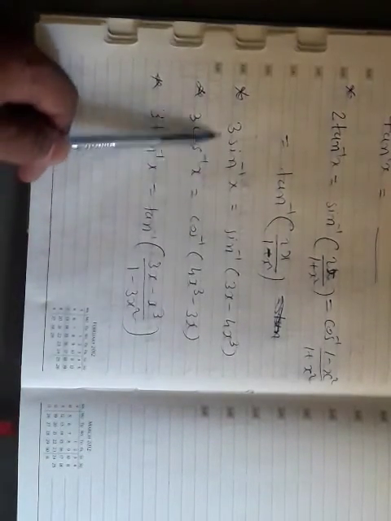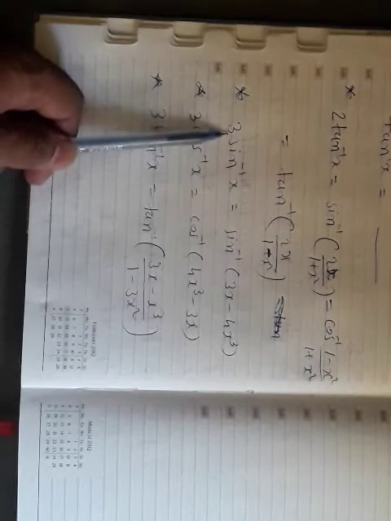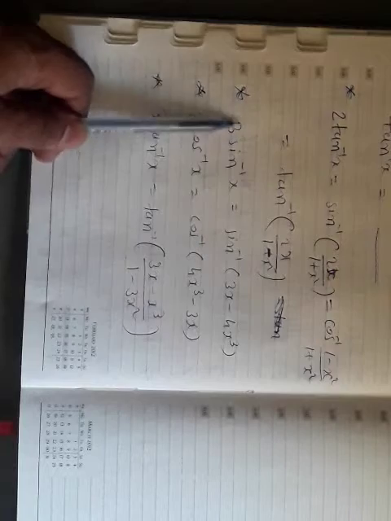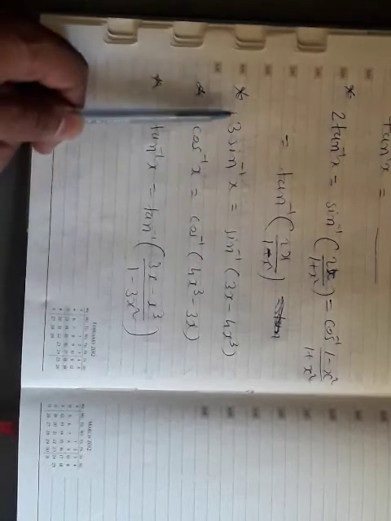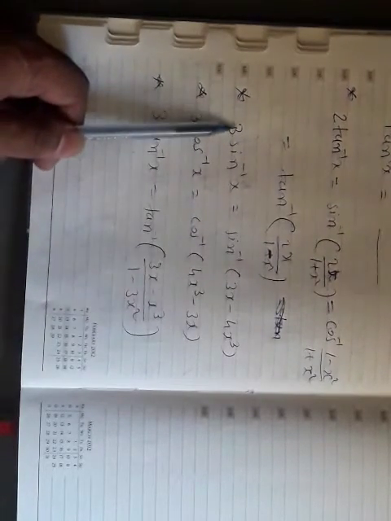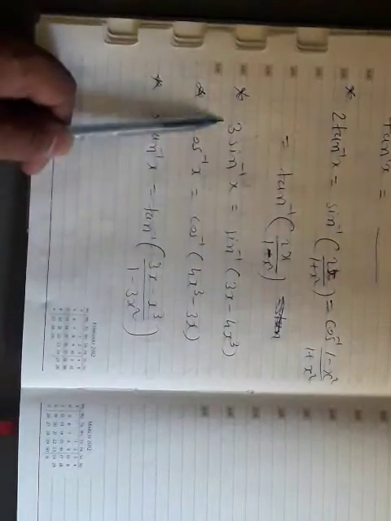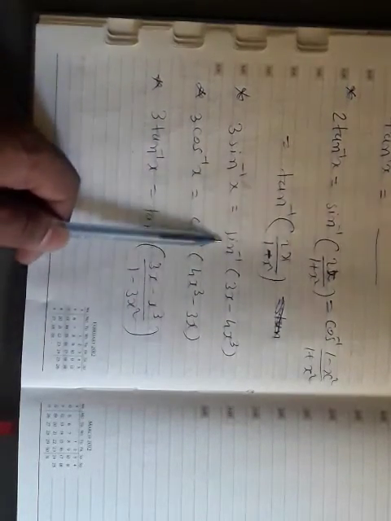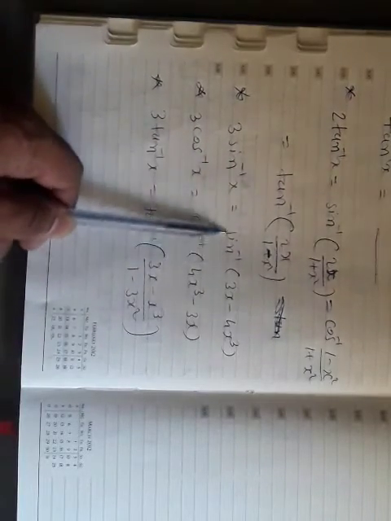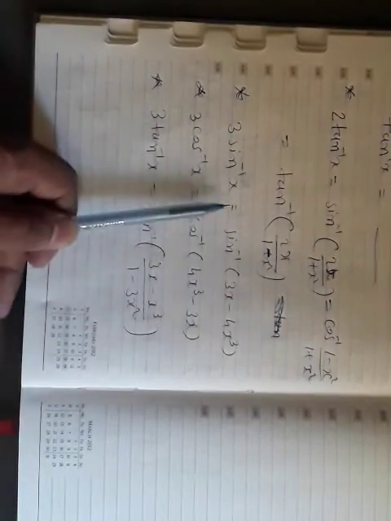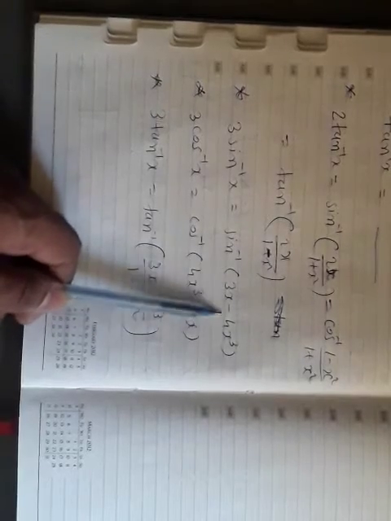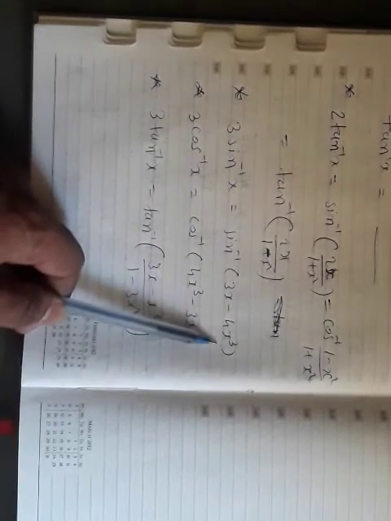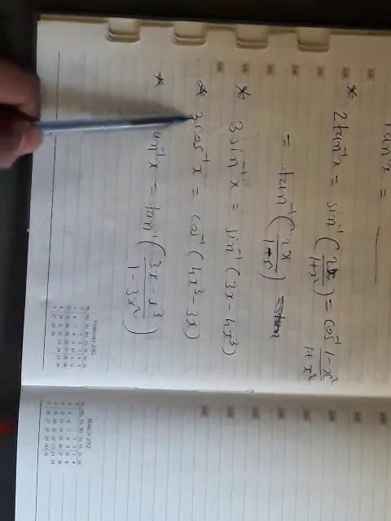Take this question, which says 3 sin inverse x. If I want to convert this sin inverse x and remove this 3, take it as sin 3 theta. We know the formula 3 sin theta minus 4 sin cube theta. So sin inverse is converted into sin, but x changes into 3x minus 4x cube. This is just like 3 sin theta minus 4 sin cube theta. Same formula is here.